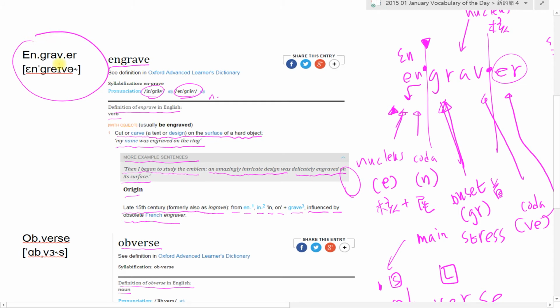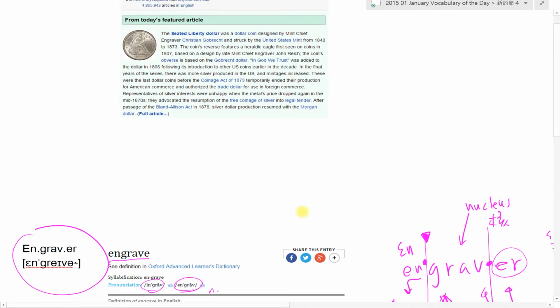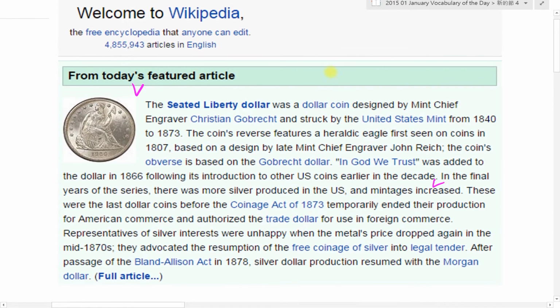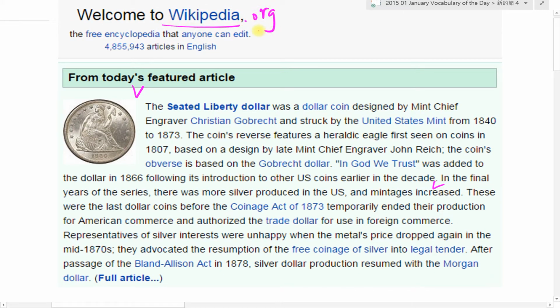Engraver. Obverse. 好的，同学们如果对这篇文章有兴趣的话，请到 wikipedia.org 去找 Seated Liberty Dollar，就可以找到这篇文章了。老师先念一下。The Seated Liberty Dollar was a dollar coin designed by Mint Chief Engraver Christian Gobrecht